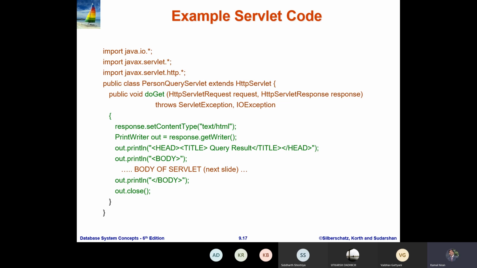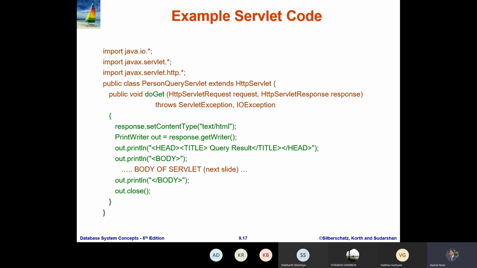Now after that we use the public class, which is basically the name, and extends. If you remember, we discussed inheritance yesterday. In inheritance, we use the extends keyword so that we can use some features of the base class in the child class. Extends HttpServlet, and then the opening braces. Then public void doGet, and we have passed some parameters here. You can see the request, response, and then throws. This throws comes from the exception handling feature of the Java programming language.